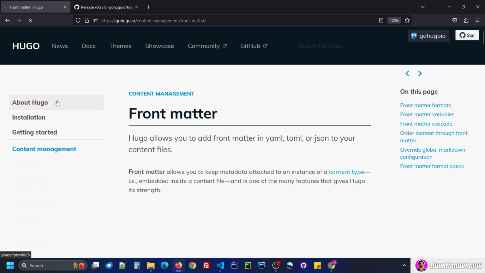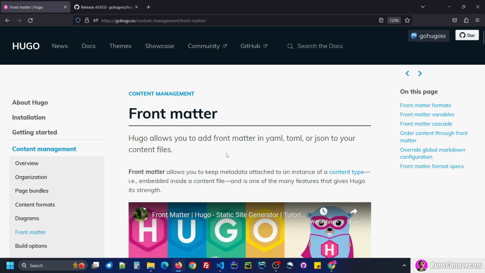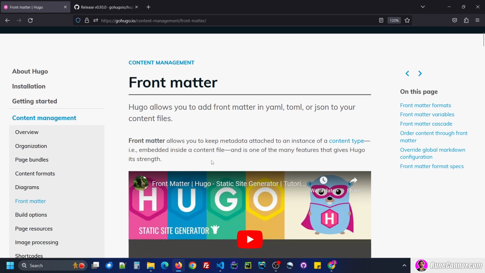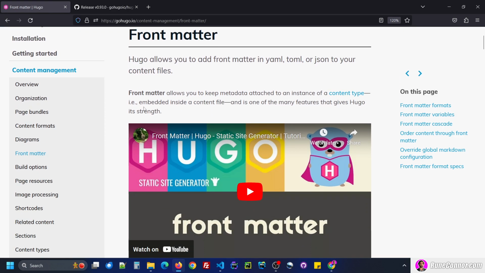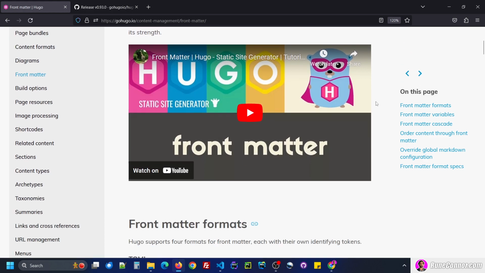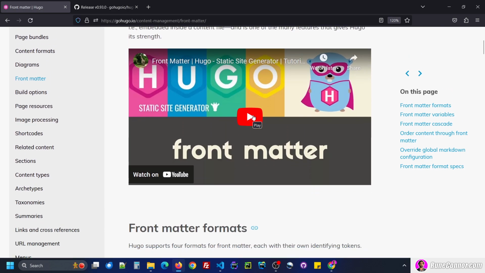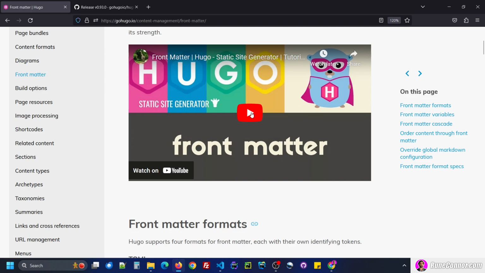All right, let's go on to front matter. Hugo allows you to add front matter in YAML, TOML, or JSON to your content files. Front matter allows you to keep metadata attached to an instance of a content type and is one of the many features that gives Hugo its strength. I'd advise you to watch this video here from Giraffe Academy, Mike, and I'll watch it now and take some